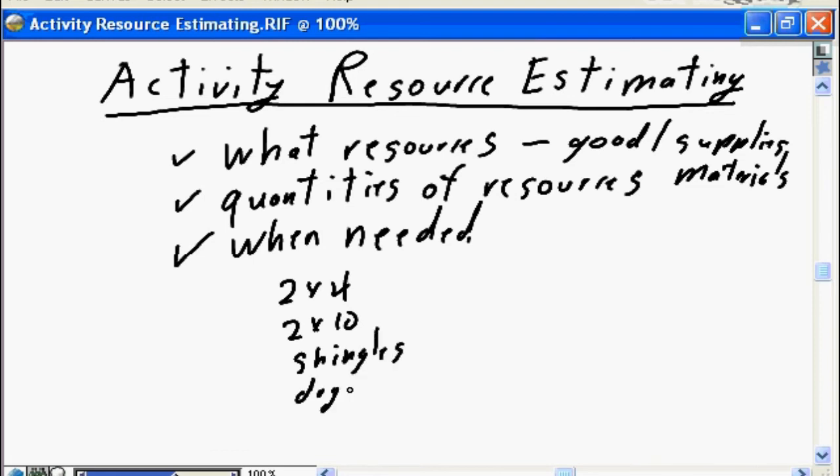We will need drywall, etc., etc. These are the goods. These are the supplies, the materials. So this is the definition of what the resources are required. The quantities of resources, we can go to our blueprint, we can read our blueprint, and we can determine that